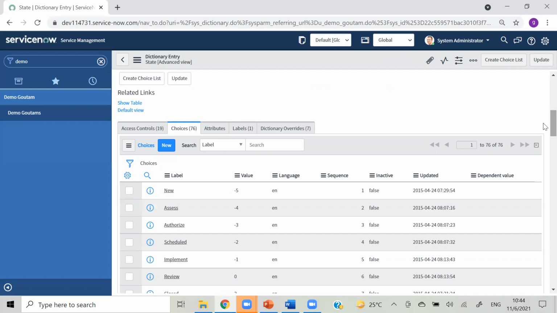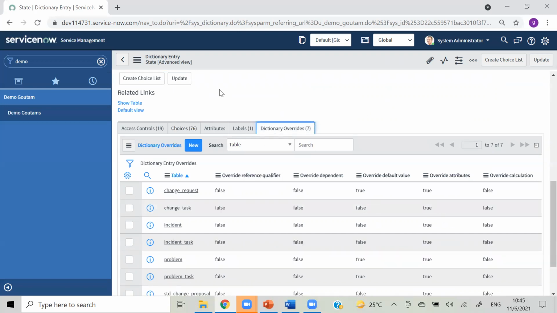But here you don't want that as a mandatory. Then what will you do? That will be a case, and this is a regular question. So go into your configure dictionary, and under that, dictionary override. This dictionary override is a 100% question for 2 or 3 years experience people.